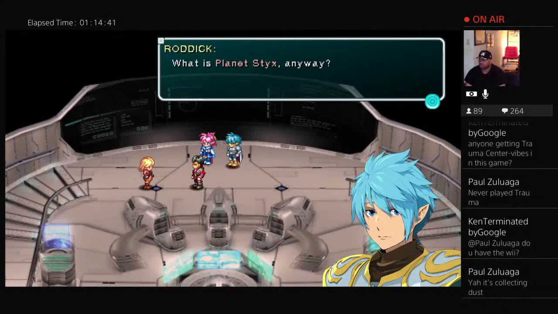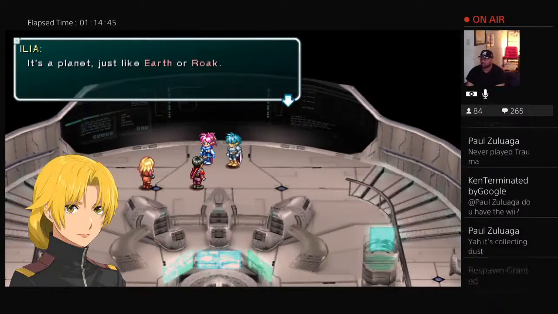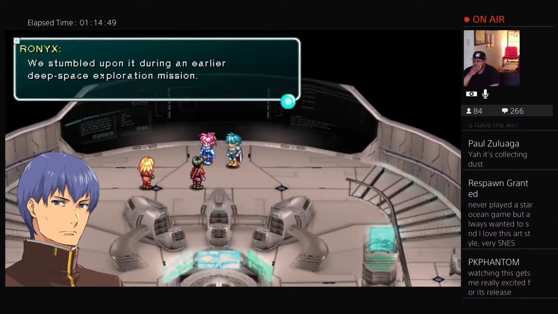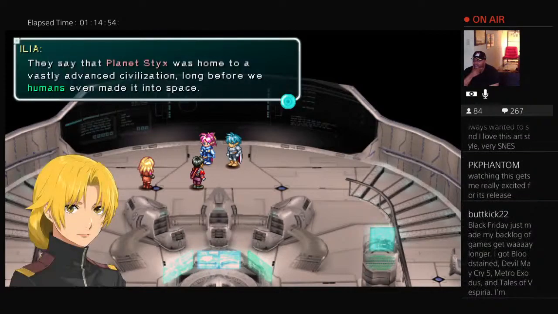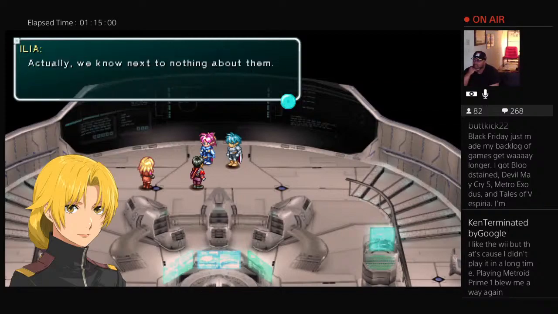What is Planet Styx anyway? It's a planet, just like Earth or Roke. We stumbled upon it during an earlier deep space exploration mission. They say that Planet Styx was home to a vast civilization long before we humans even made it into space. Actually, we know next to nothing about...